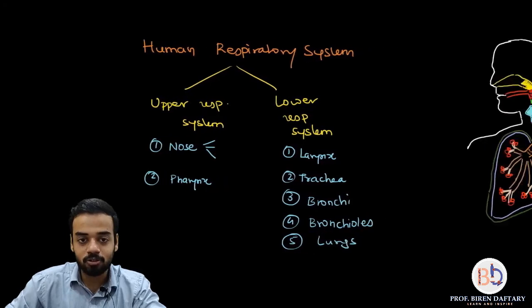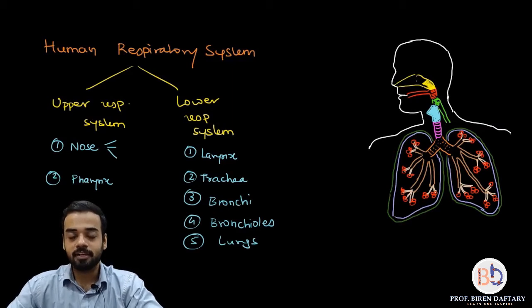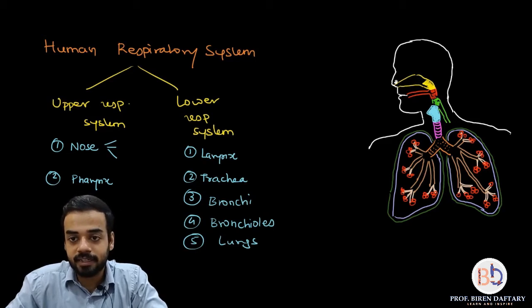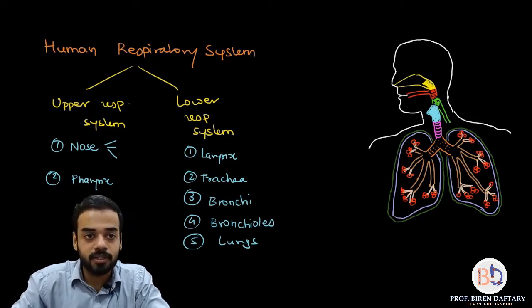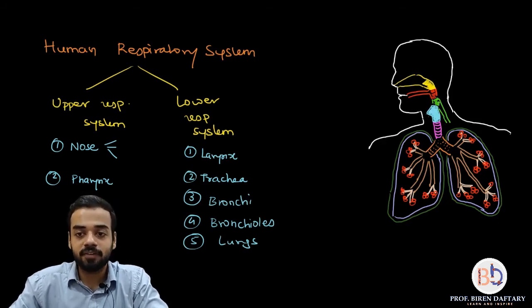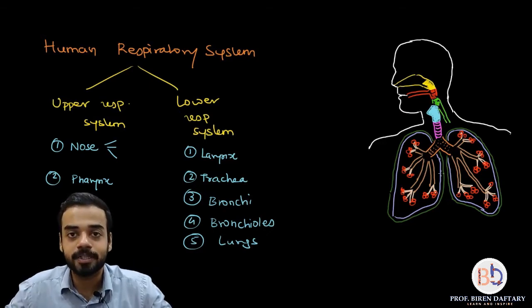Now let us have a look at those parts in the diagram over here. As you see in this diagram, let me quickly tell you all the parts. This entire yellow part, not the shaded region, forms the nose. Then this yellow shaded, red shaded and green shaded region form the pharynx. There are three types of pharynx, which I'm going to explain to you. Somewhat up till here is your upper respiratory system, and starting from this blue part, which is the larynx, then we come to the trachea, bronchi, bronchioles and the lungs. All this remaining part is the lower respiratory system.